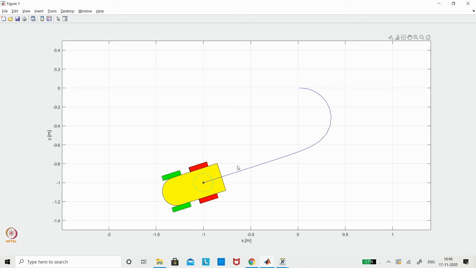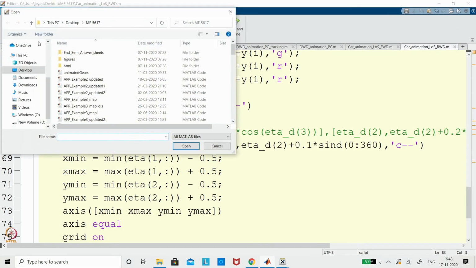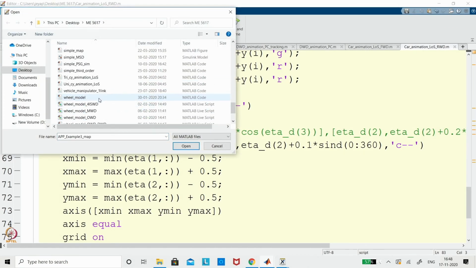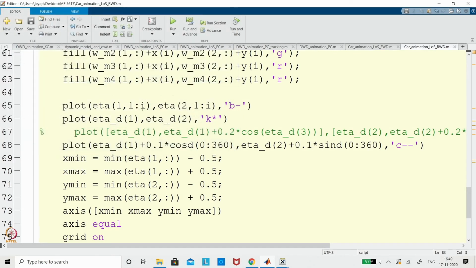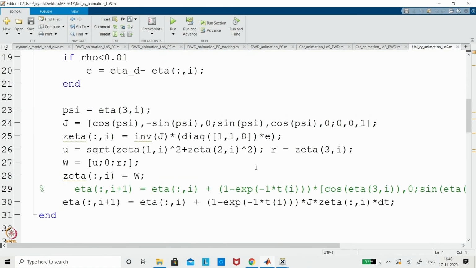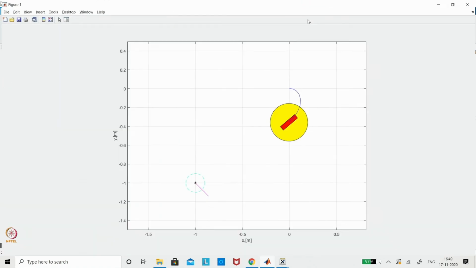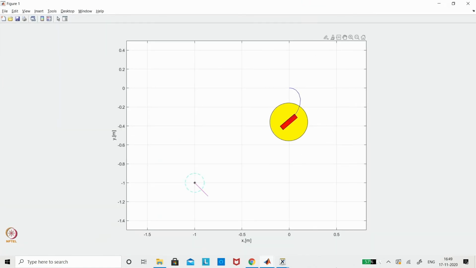In fact, in the last-to-last lecture I discussed this, so we can see that. For that I am taking another one, which is the unicycle model. So I will take the unicycle. You can see in this case only the W would have one input, where U and R are directly controllable. So that is what we are trying to take. This is a unicycle; I did not show the passive caster wheels.